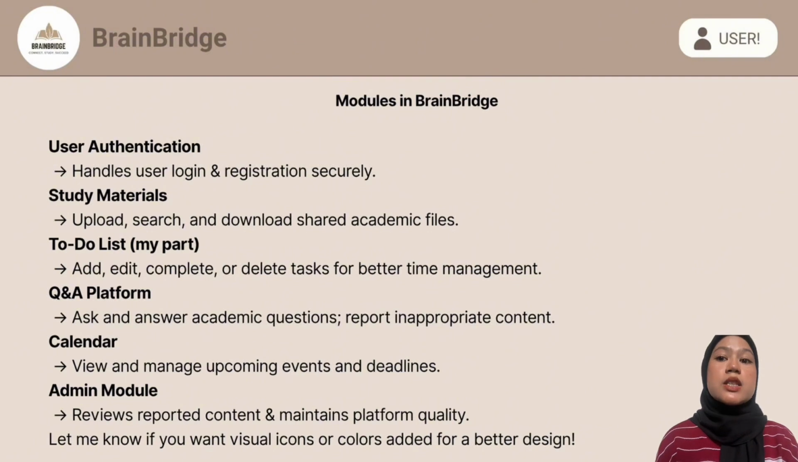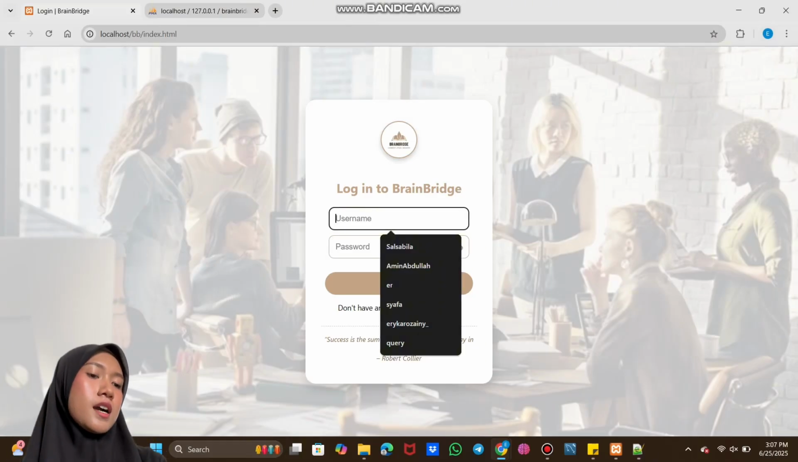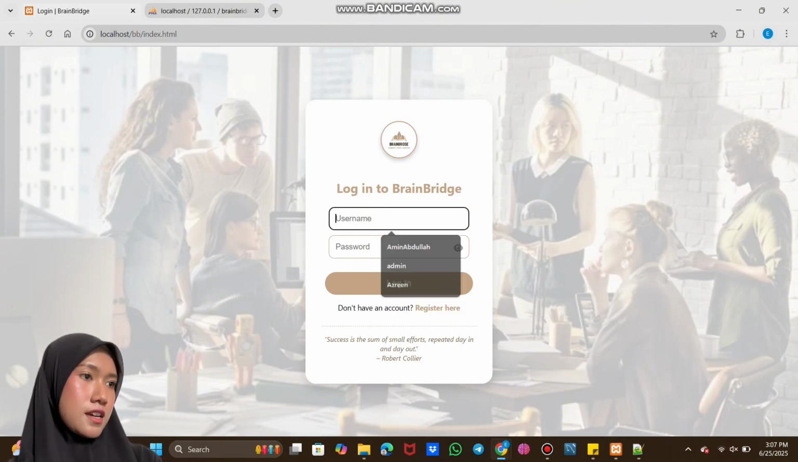The third one is the To-Do List module. This will help users manage their daily or weekly academic tasks. They can add tasks, mark them as complete, edit, or delete them. It's a great tool to stay organized and reduce procrastination. So now I will show you the admin